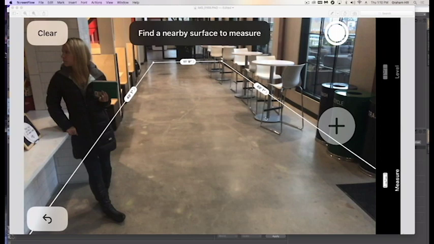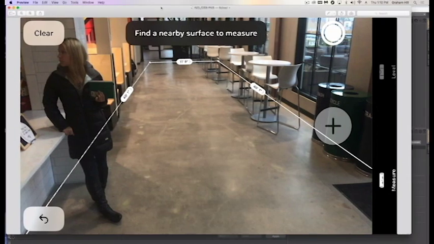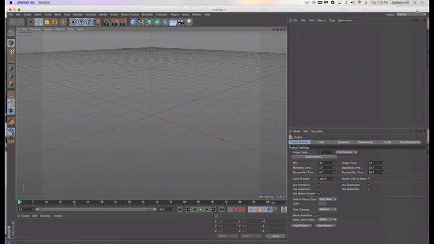And there may be some other devices out there where you can do that. But in this case, we have to just eyeball it. Obviously, the biggest drawback is that we're not going to know what this angle is if it's not a right angle. But what we can do is take these and go into Cinema 4D,